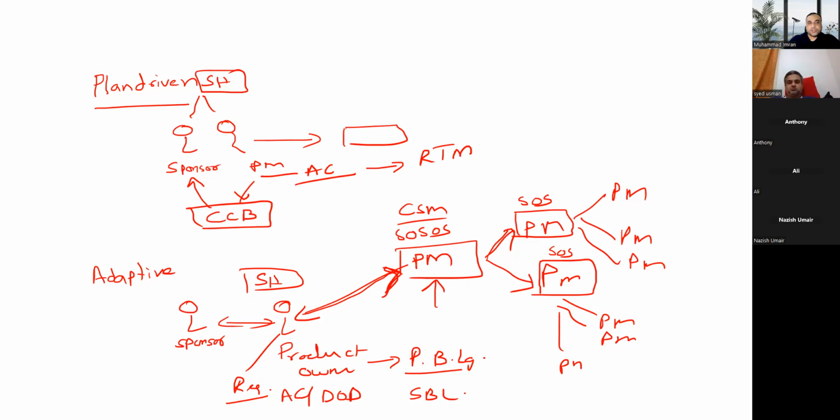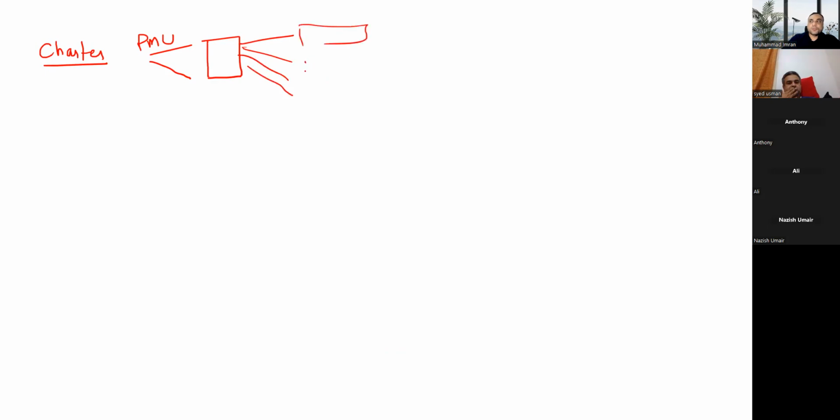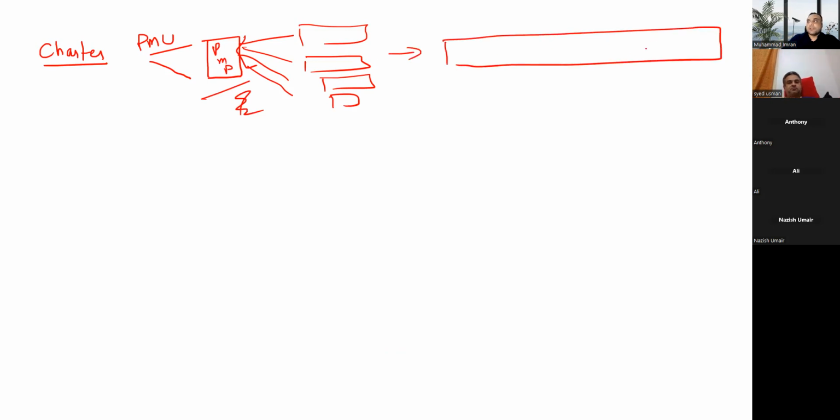Let me add more details to it. In predictive project management, what happens? The charter is assigned. You became the project manager. Then you start working on the project management plan with the help of resources provided by the PMO. And ultimately every knowledge area or every domain will prepare their own plans, and all these plans will be integrated back into the project management plan. Once it is approved by the sponsor, we will execute the project based upon that. So execution, monitoring and controlling, and closing based upon the project management plan,